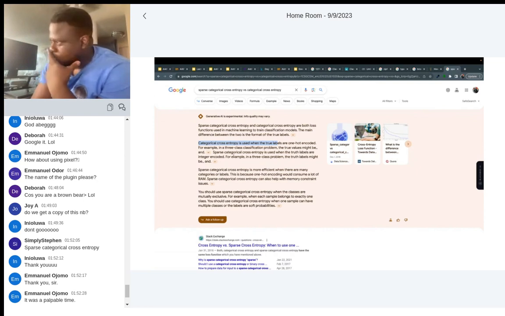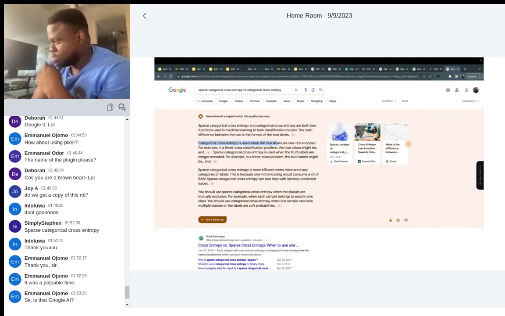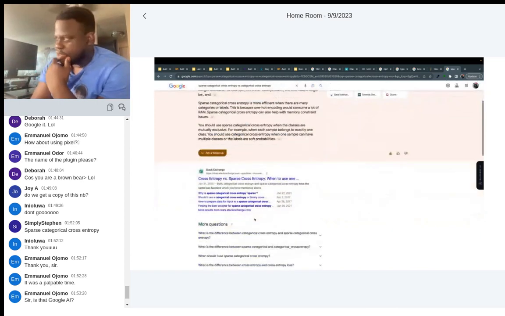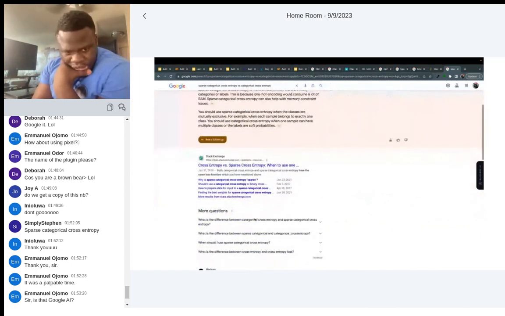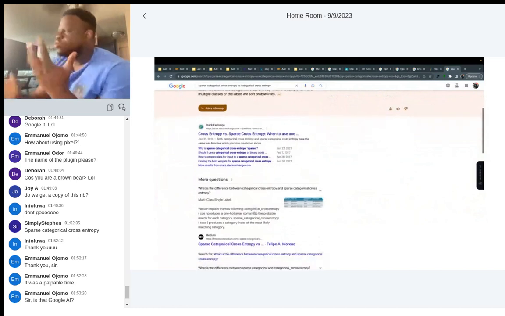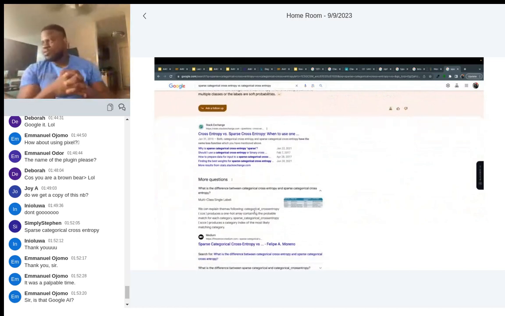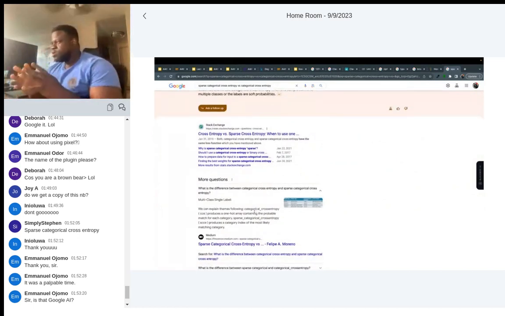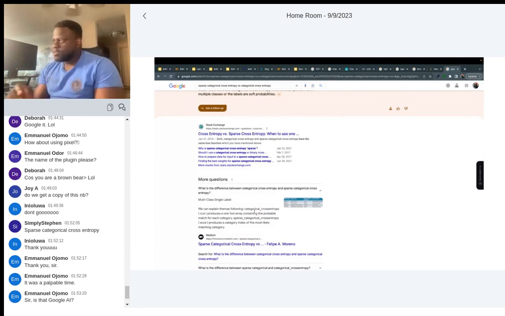In many situations we use one-hot encoding, most times. Both have the same loss function, but categorical needs one-hot encoding.